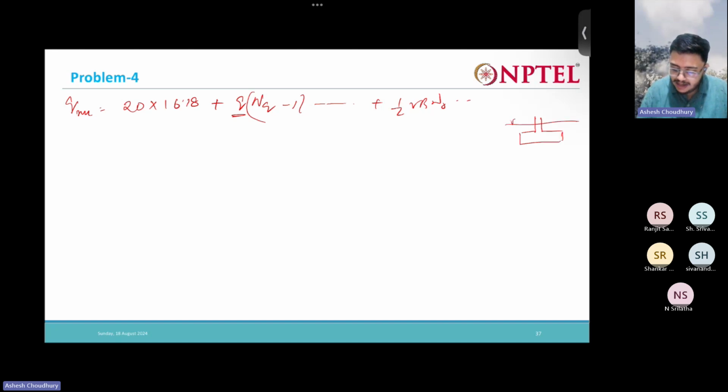So this is the soil level. This is the soil, right? This is Df. So what is q? q is γ into Df, the surcharge, right? Isn't it? γ into Df.